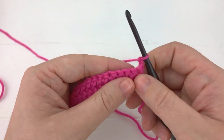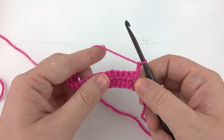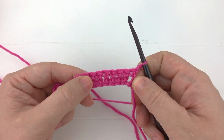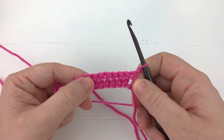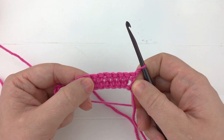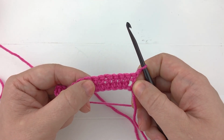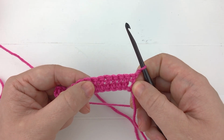Now there's two things to be aware of when you do this stitch. You're going to have how you work the first 3 double crochets and how you work the next 3, which will be our repeat, that we continue repeating through the rest of that row. This pattern consists of 2 rows that we will continue alternating throughout the rest of the pattern to create the